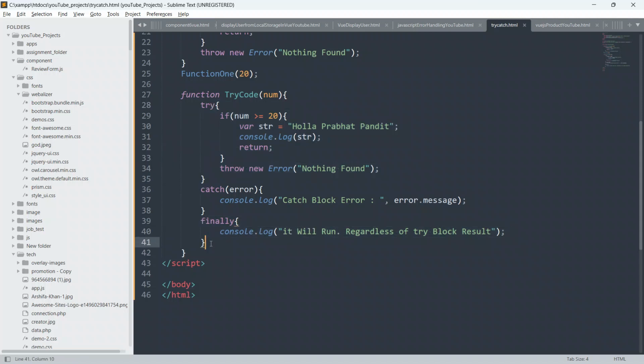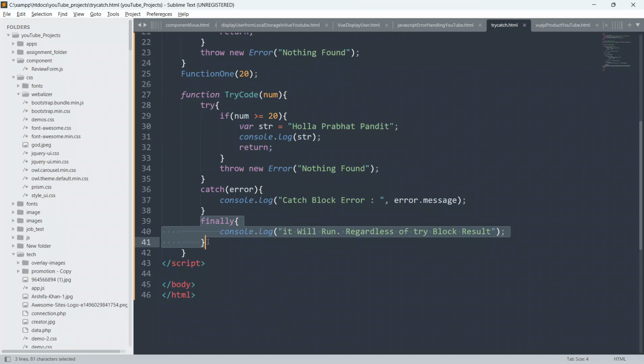Whether the try block throws an exception and we catch it inside the catch block or not, this finally block will be executed. No matter what, this finally block of code is gonna run.